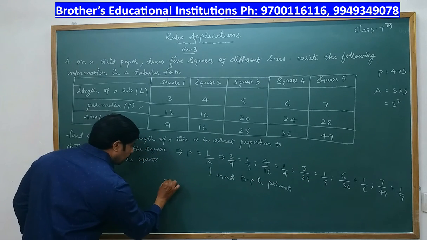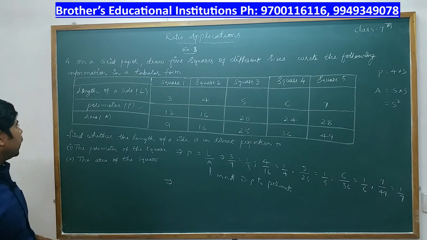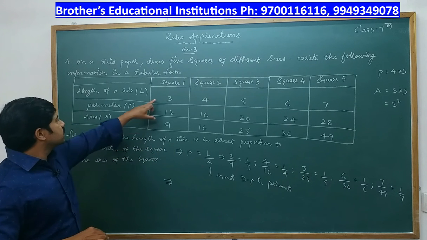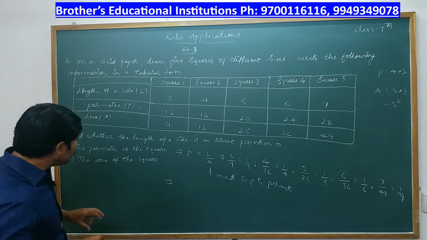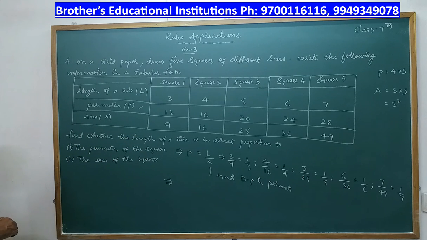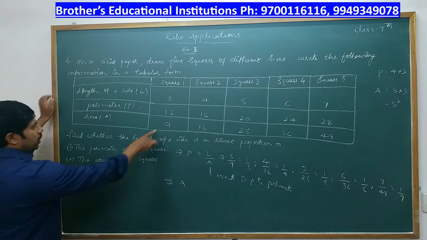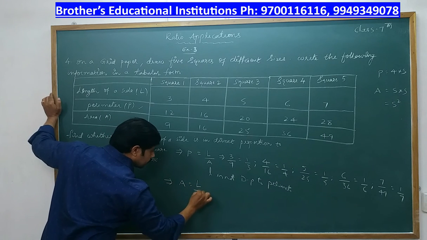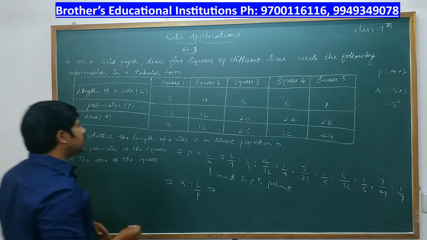Okay, now after that, about the area of a square. Here we have to check whether the side of a square is directly proportional to the area or not. In order to do that, we have to find the ratio with the perimeter. So just do L by P. So this is nothing but L by P, we are doing 3 by 12.